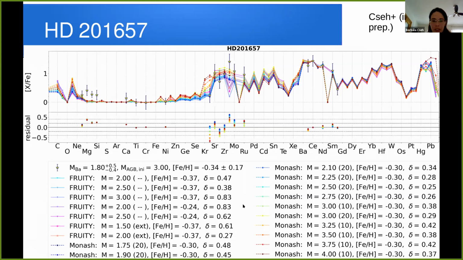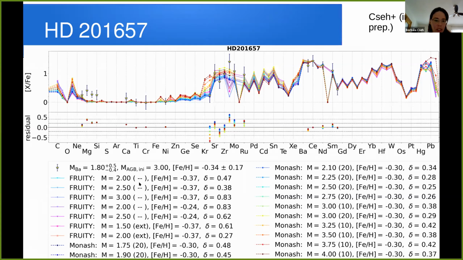So if delta is closer to 1, it means that more mass is necessary from the AGB star to match the cerium over iron of the barium star. And in the top plot, you can see the elements as stars, these yellow stars, with the error bars. We plot all the elements and all these models, which you can see down here. So here in parentheses, you can see the different